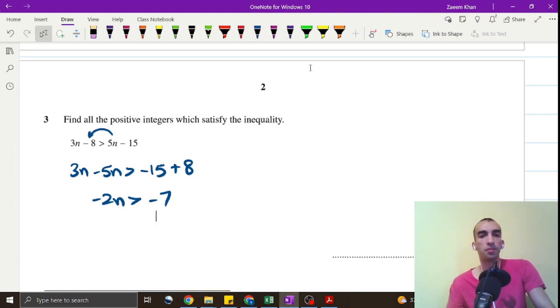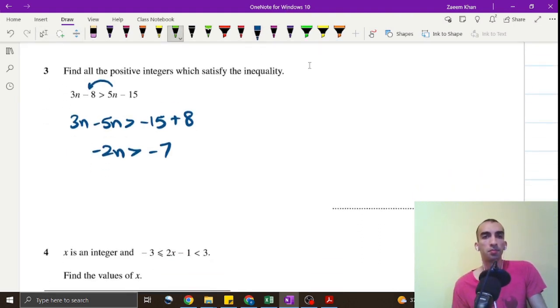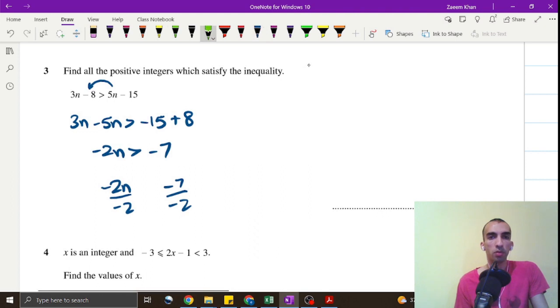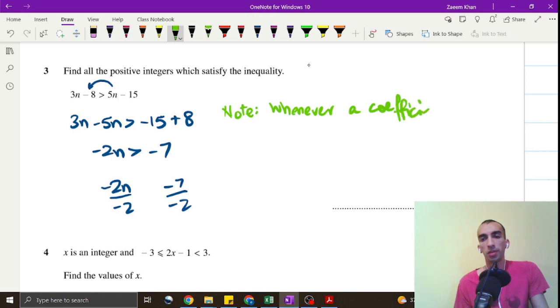What's the next step? Excellent. We're going to divide both sides by negative 2. This is where I have to share an important concept with you. So note this down. Do you know what a coefficient is? This guy is a coefficient over there, this number. So whenever a coefficient of the variable is negative,